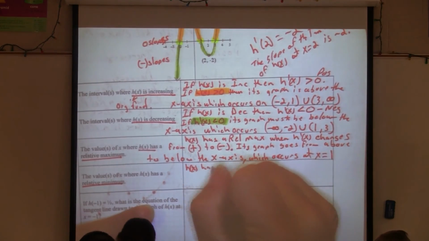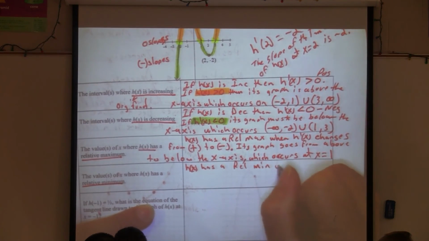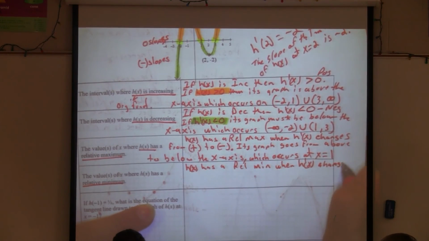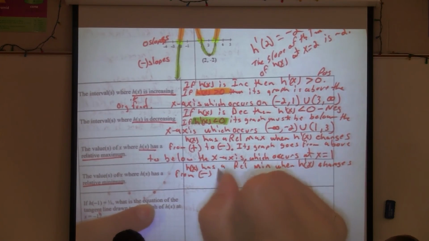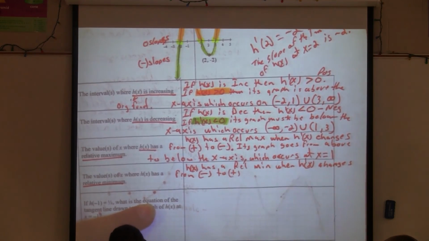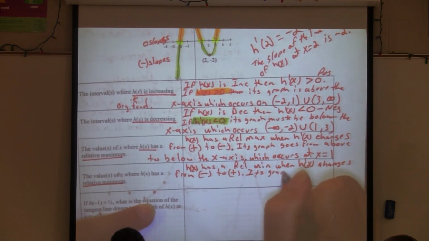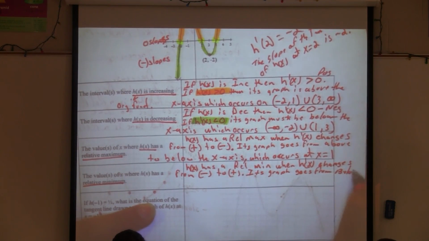H of x has a relative min when h prime of x changes from negative to positive. Its graph goes from below